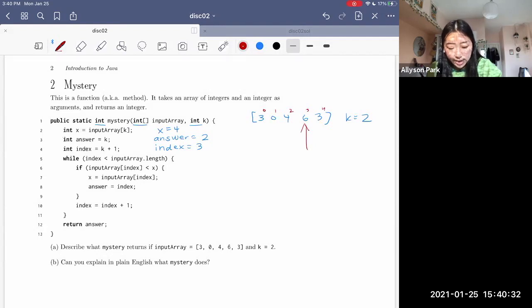If this is less than x, which is 4, then, well, let's not even bother, right? Because we're not going into that yet. We see that 6 is greater than 4. So we're just going to pass over this and we'll increment the index. So now index equals 4. Then again, we go back to the top of the while loop and repeat this. While the index is less than the length, and it's true, 4 is less than the length, which is 5,